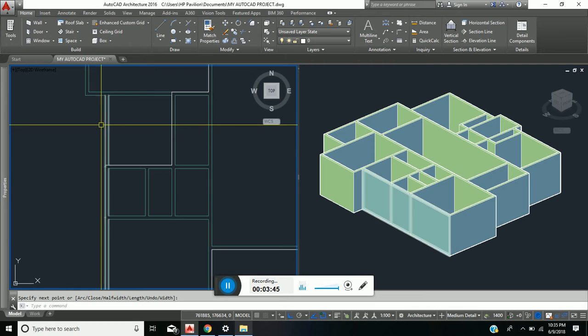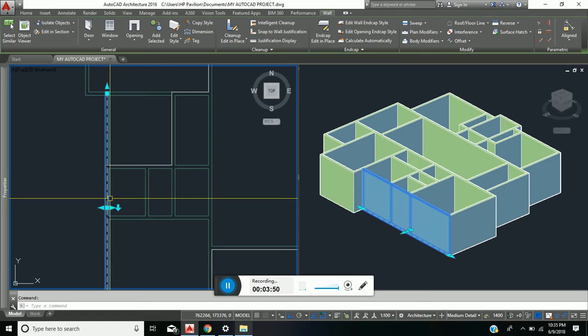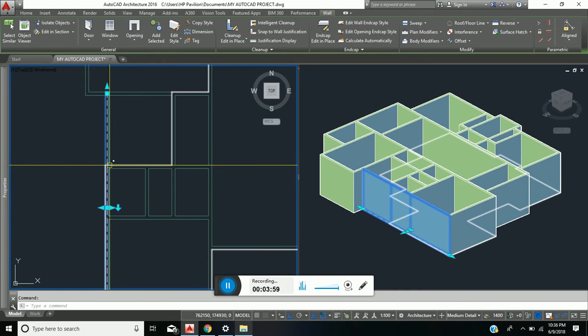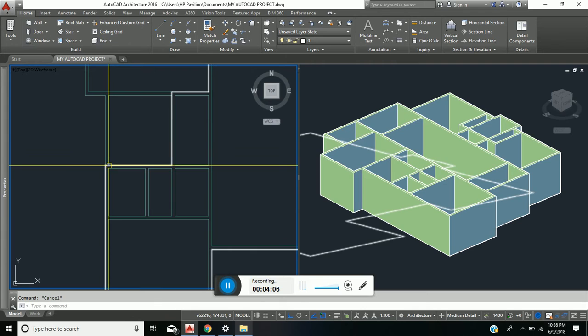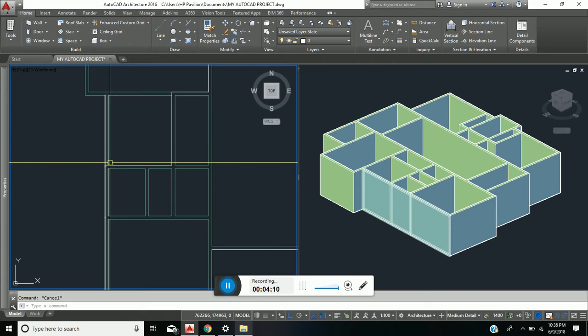Alright, now if I was, however, to reduce this wall, for example, as a wall that I know will be accommodating the slab roof, if I select that wall to reduce its height, what you notice is that the entire wall would have been reduced, and it is only the portion from this point here that we would have wanted to reduce. And so the wall would have to be broken such that a portion of the wall could be reduced and the remaining remains. To do that, from my command line, I'm going to type break,